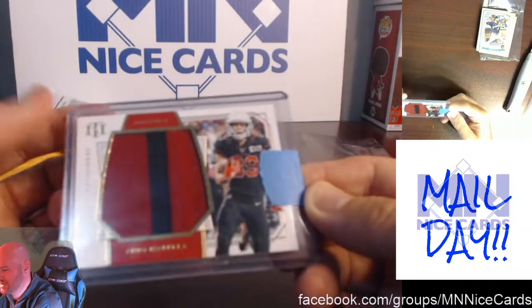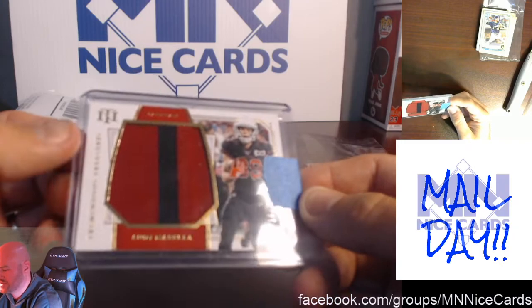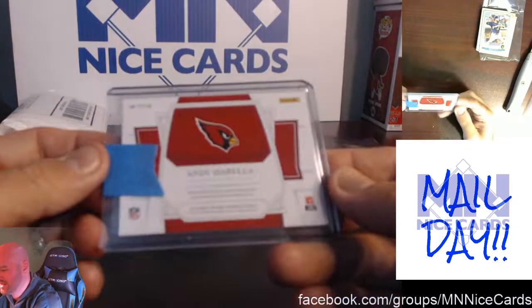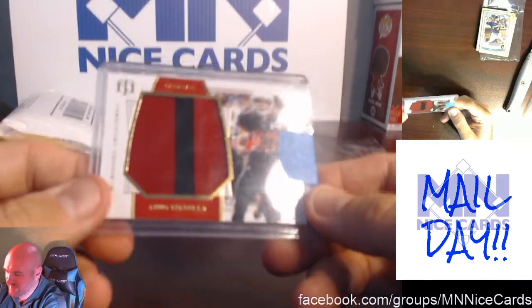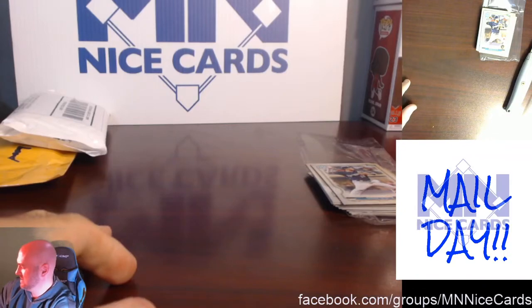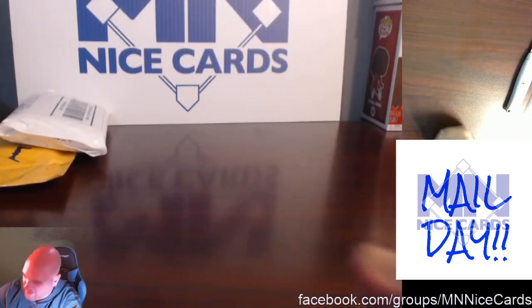It makes me wonder, because I did hit a Kyler RPA in one of the first ones I was in. And I think that's why I keep getting in. Any money I would make off the Kyler RPA, I've already put back into NT breaks and not gotten anything. And of course I haven't sold that either, so...